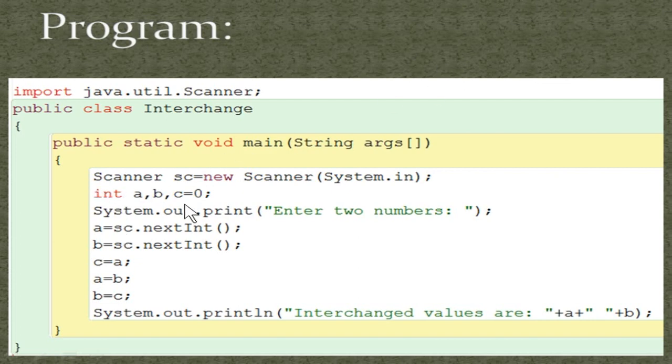Next line, you have three integer variables. As you already discussed the logic of this program, you have two variables which have values, and the third variable is a temporary variable which is used to interchange the values. So all three are integer type. So you have to use int as the data type, then variables separated by commas, and end it with a semicolon. And then you have to give a message to the user to enter the values. So you are giving System.out.print, enter two numbers. If you give print, the cursor will wait next to the statement itself. If you give println, the cursor will wait on the next line.